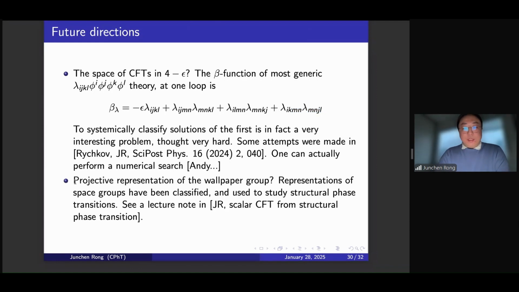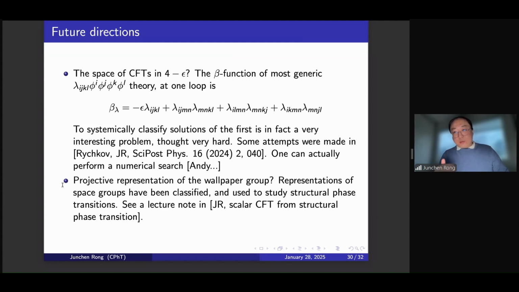What I was telling you is that I have a gauge theory with Z2 gauge on the lattice. So what's here is actually the projective representation of the wallpaper group. I told you what a space group is, which is in 3D. In 2D, it reduces to the wallpaper group. But I have a gauge background, so it is a projective representation. So